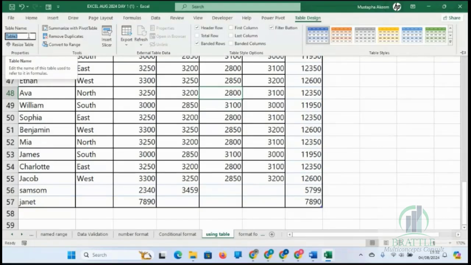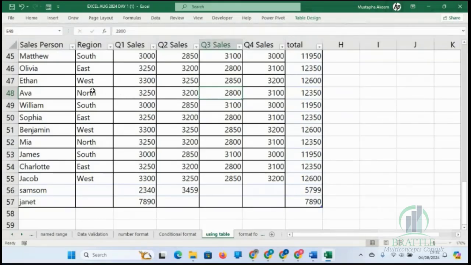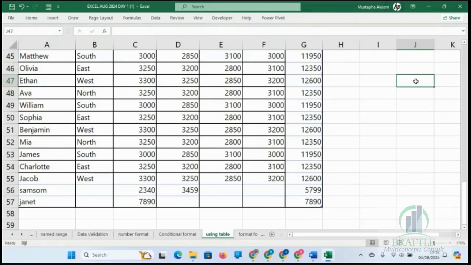You can give it a name of your choice, like quarterly sales. Remember, there's no space. You must not put a space. Now, that's the name of our table. If I come here and say equals to quarterly sales,